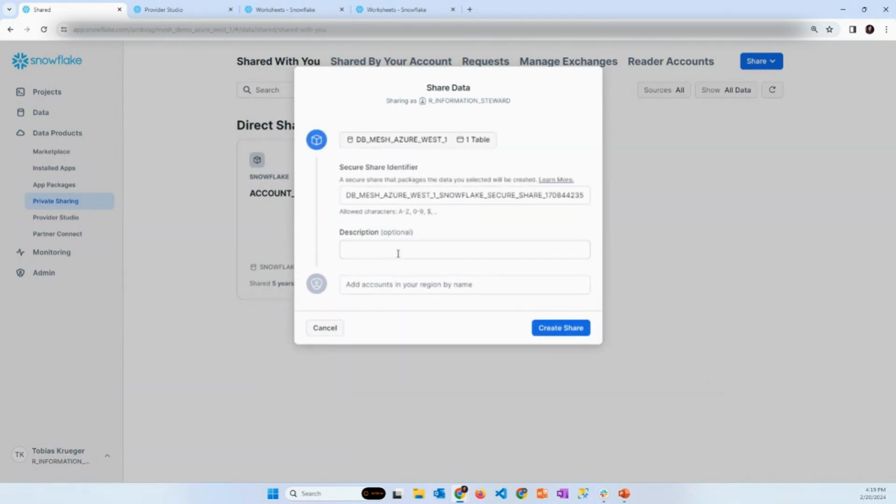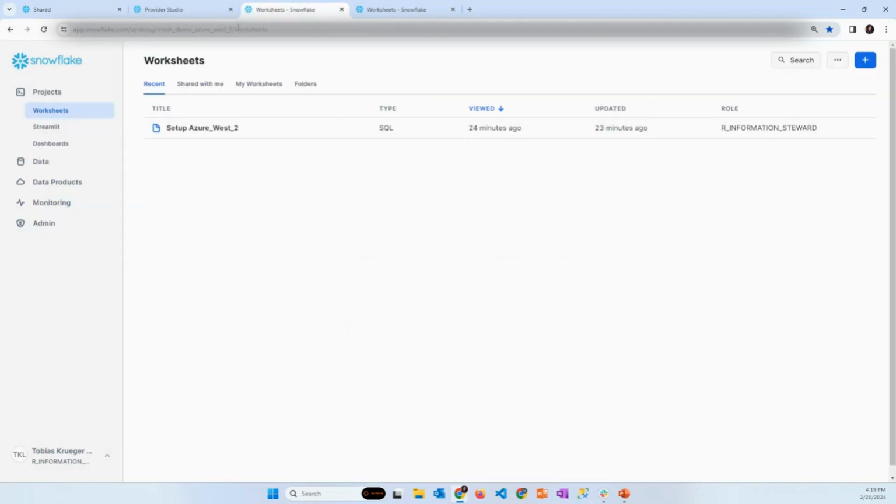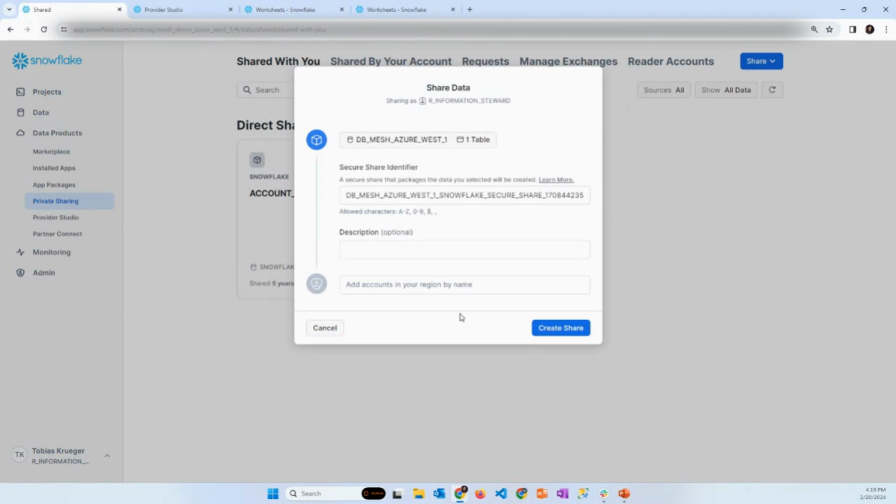From here, we can also give a small description and give the share a more speaking name. But for the demo, let's leave it like it is. And now we will add the account that we want to share the data to. And let's go here.